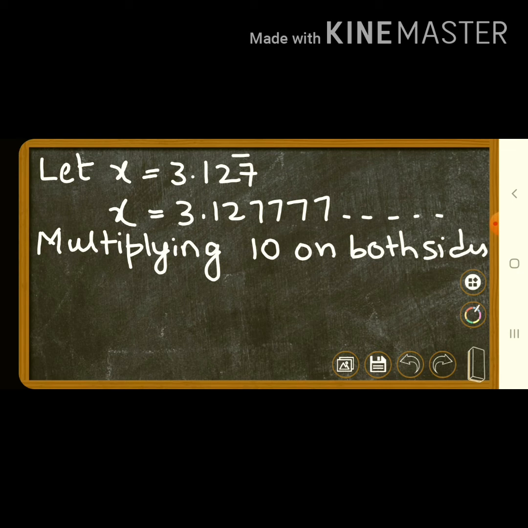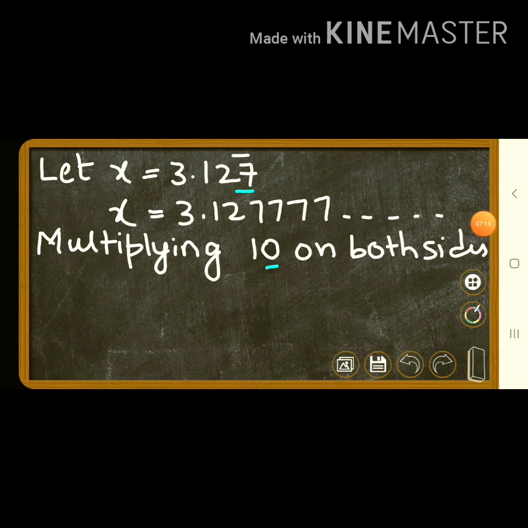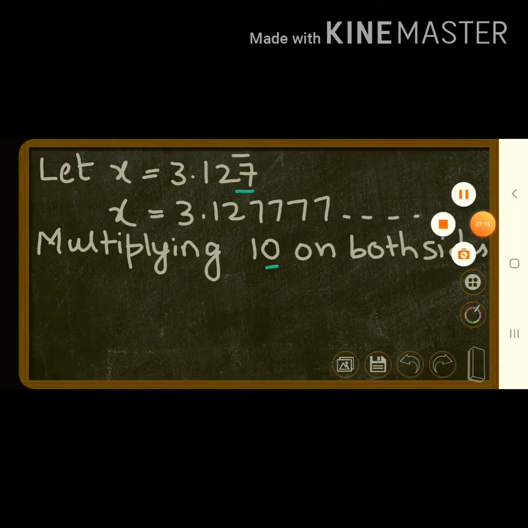Because there is only one digit under the bar, that is 7, so we will consider 10. We will multiply 10 on both sides of the equation, LHS and RHS, because 10 contains 1 0 and there is one digit under the bar. So as we multiply 10 on both sides, it becomes 10 into x is equal to 10 into